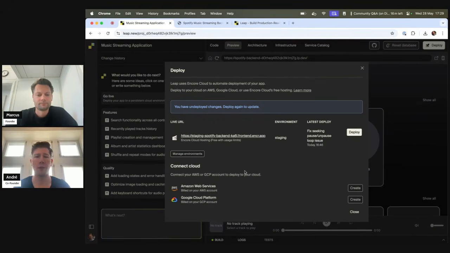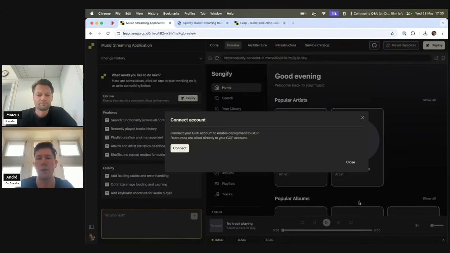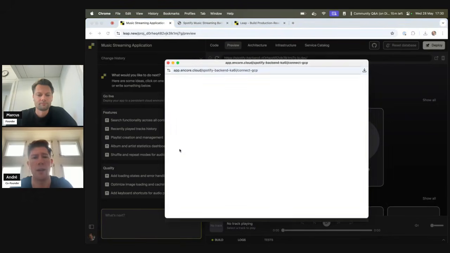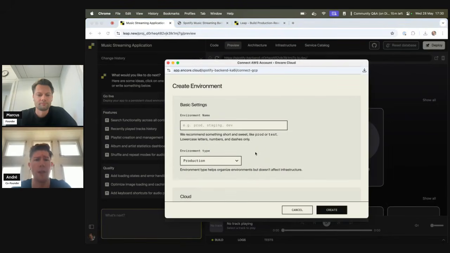unlike a lot of other tools, we understand that developers actually need more than just a single environment. So with Leap, you can connect your own cloud and deploy to there, and you can have multiple environments and deploy to them individually. So I've already created this before, so we can take a look at that shortly. So what I want to do first is I want to connect and set up a GCP environment. So I'm going to press create, connect. This will then open up